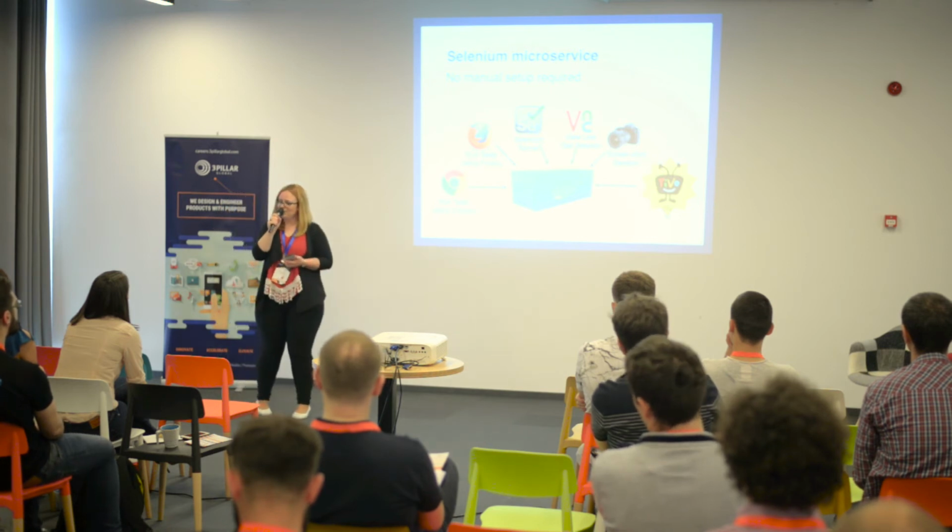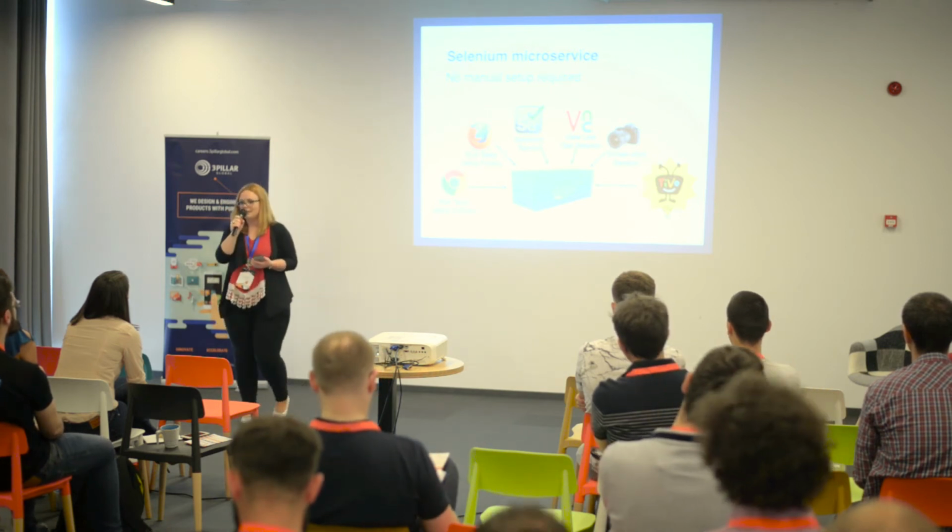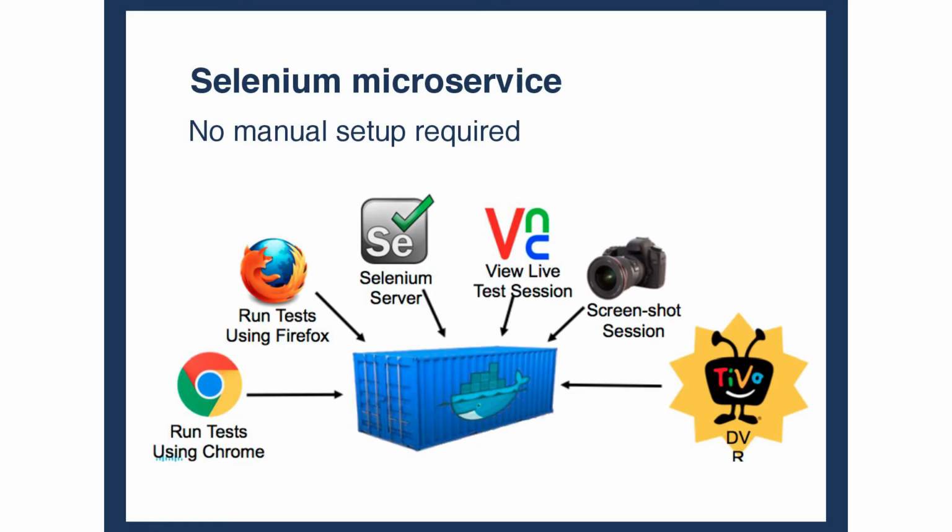If you look at this image, this is how automation with Selenium used to be in the past. So you had to go through all of these tools and manually install them, all of them, in order to have the desired development environment and in order to be able to do your activity. With infrastructure as code, we can do all of this through Docker. So we use a Docker service with Selenium, and they can access all this functionality through the use of a button or a REST API call.